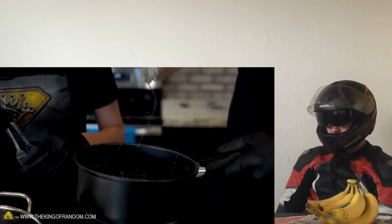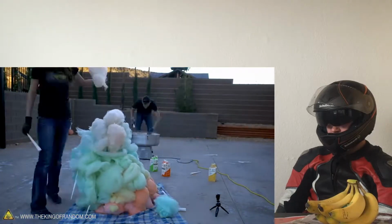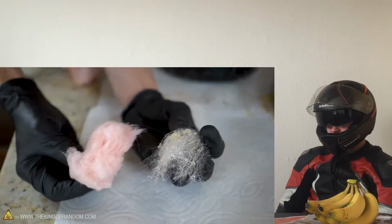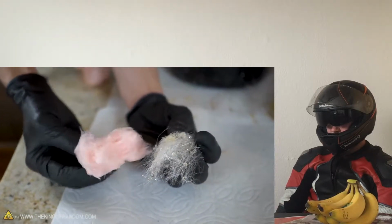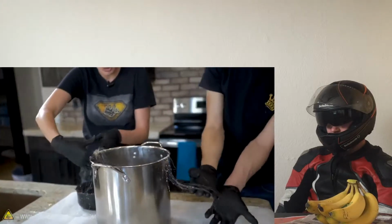So what we're doing is wait until it cools just a little bit. Throw the giant amount of cotton candy. Still have a giant little crunchy bits. Homemade version with a fork and professional version. This is actually really cool. No! Glass. If you ever finish off a 2-liter bottle of soda, that's what you're...